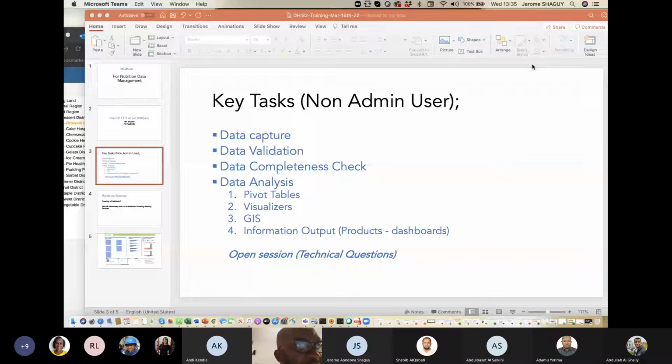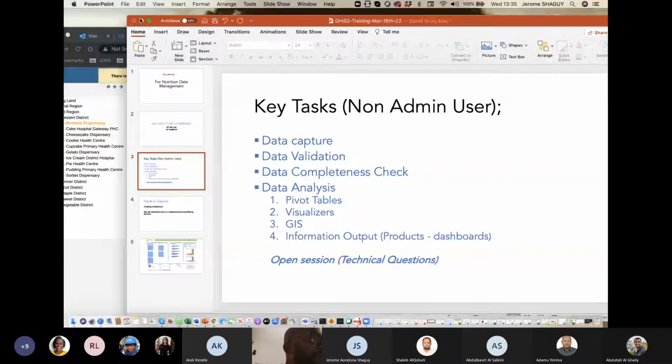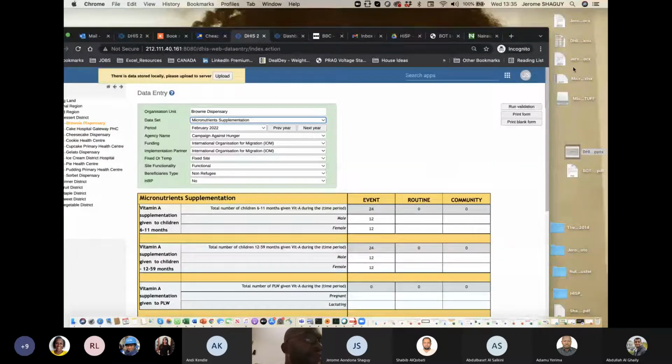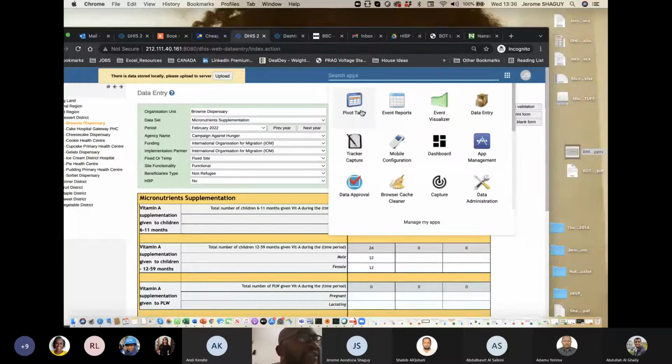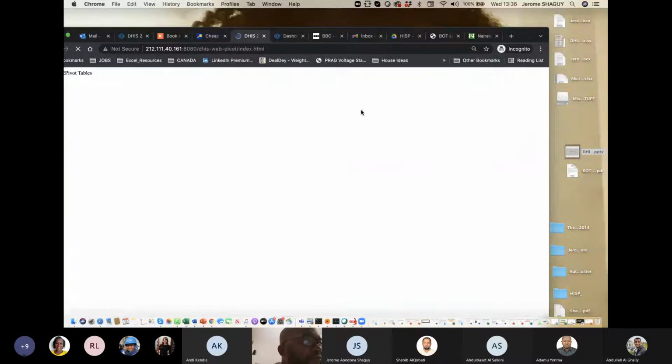So the tools you should know about, and the tools that are always available for you to analyze data, are the pivot table, the visualizer, and the GIS. So let me go now and talk about the pivot table. So no questions so far? Okay. So the pivot table is again at the same spot that you will find all the applications. That's the grid that's next to your name. And if you click on it,